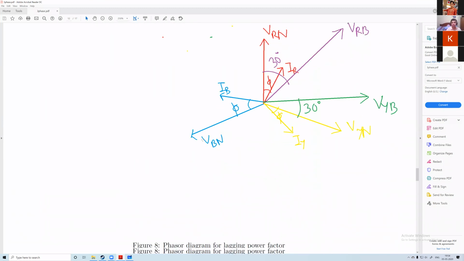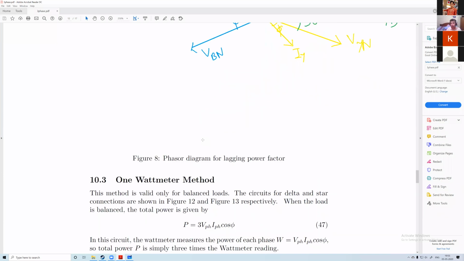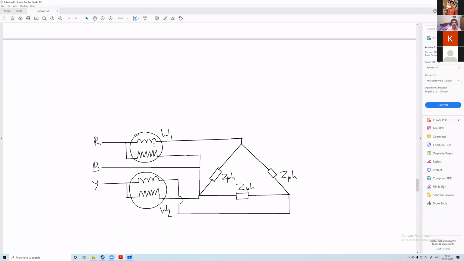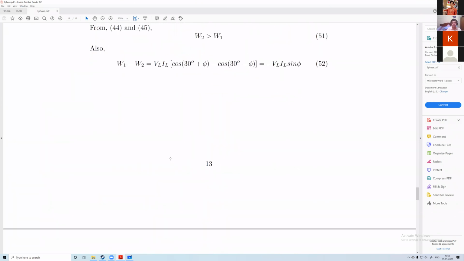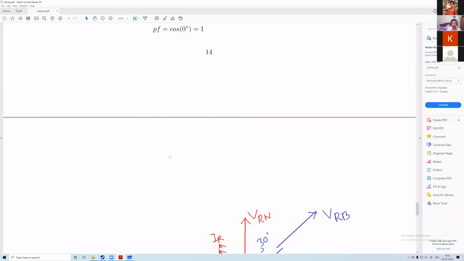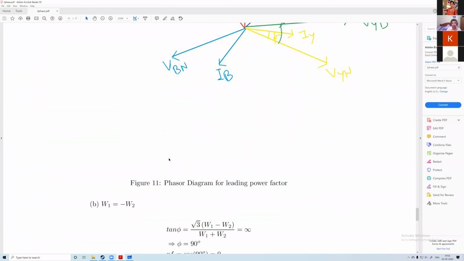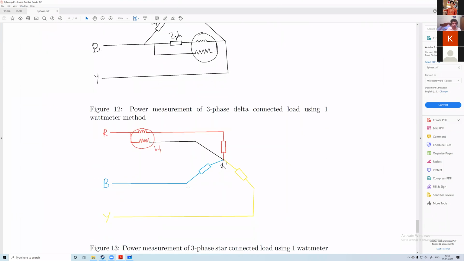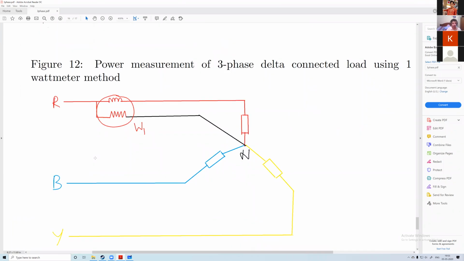Now the final one, the 1 wattmeter method. Now unlike the 2 and 3 wattmeter methods, which were applicable for both balanced and unbalanced load, this method is applicable only for the balanced load. How? Simple. Just connect it this way. The loads are balanced, so